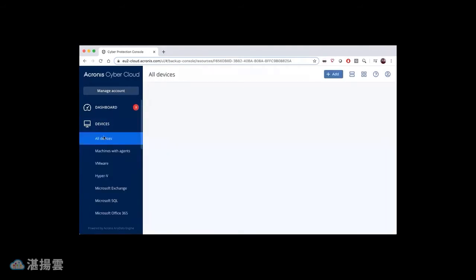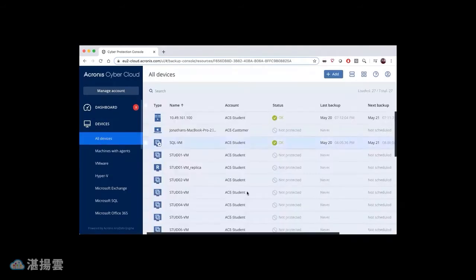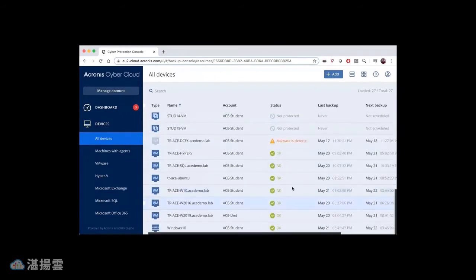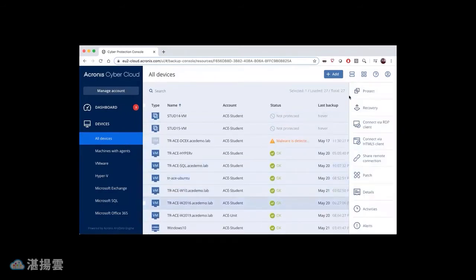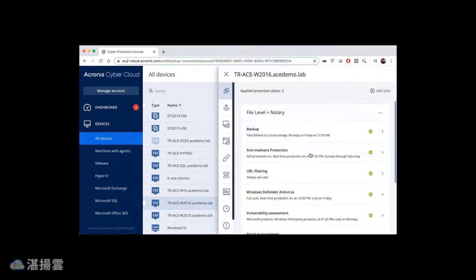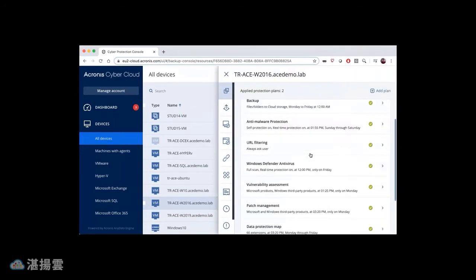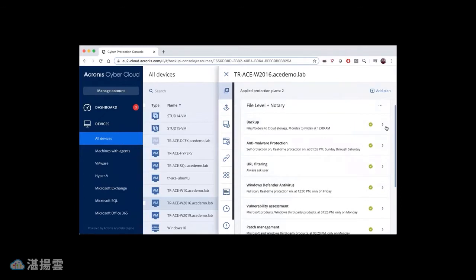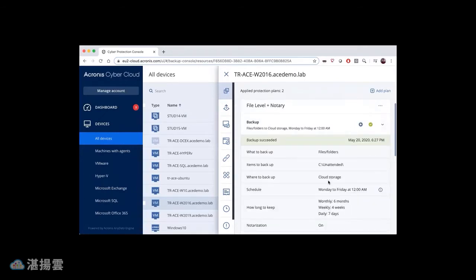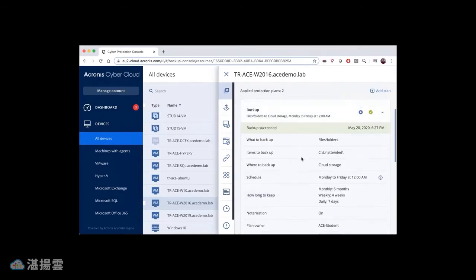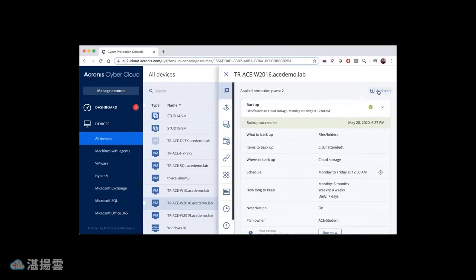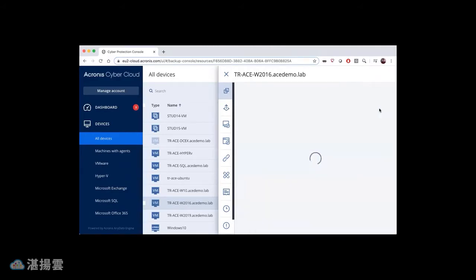device. So you go to your devices, then all devices, and find the device that you want to perform a backup for. Then you'll hit Protect, and you'll be able to see all of the different things that are being protected on a machine. We're going to focus on the one for backup right now. And you will see all of the backup setup that we have right now. We're going to go over to add a new plan and then create a plan because I want to show